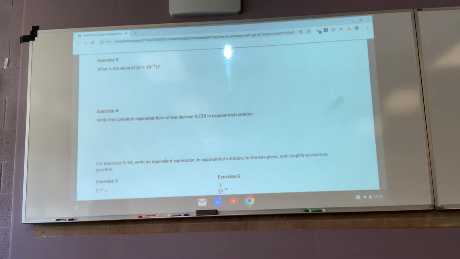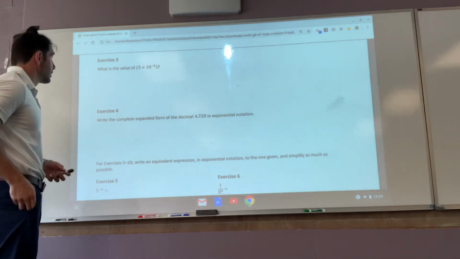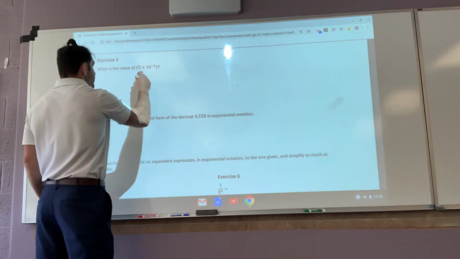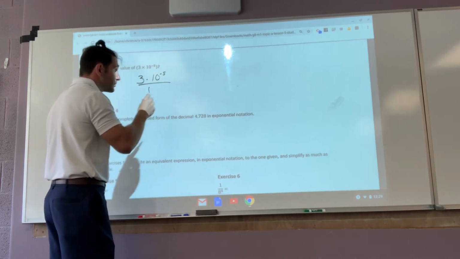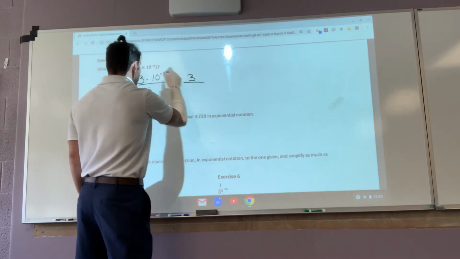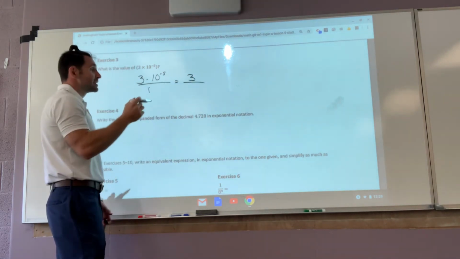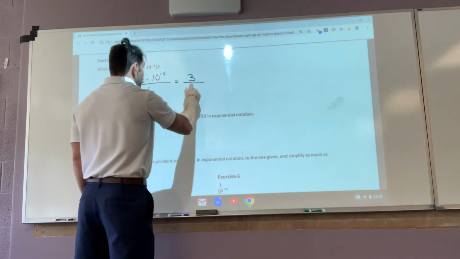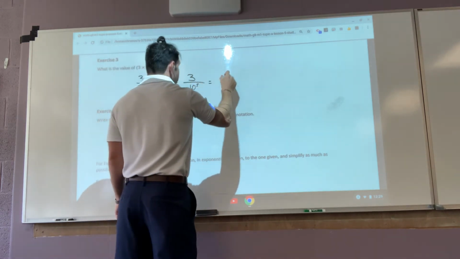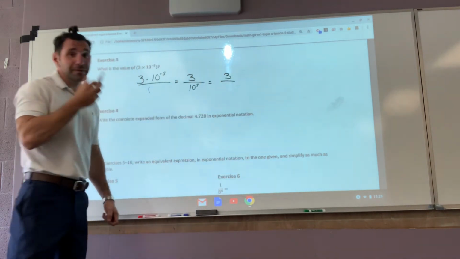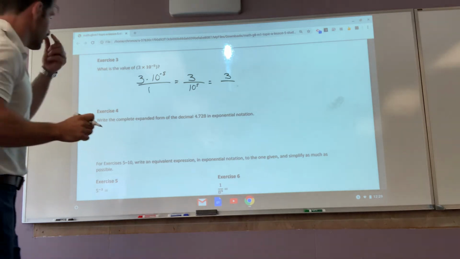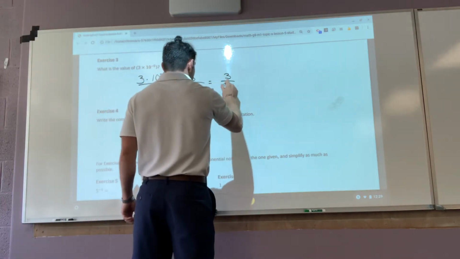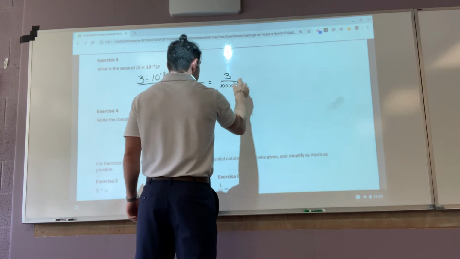Okay, so one more time. We've got 3, and I'm just breaking it apart, times 10 to the negative 5th divided by 1. That leaves me with 3 in the numerator. 10 to the negative 5th needs to now flip, so it goes to the denominator and becomes positive. So that leaves me with 3 over 10 to the 5th. How many zeros will 10 have if it's to the 5th power? Well, I would get my calculator. And it's going to have 5 zeros. So 1, 2, 3, 4, 5. So that's 3